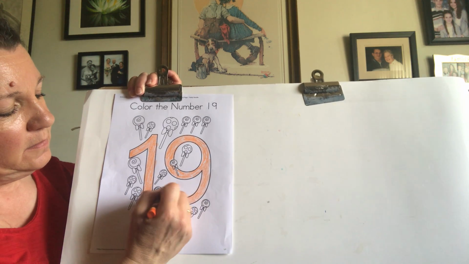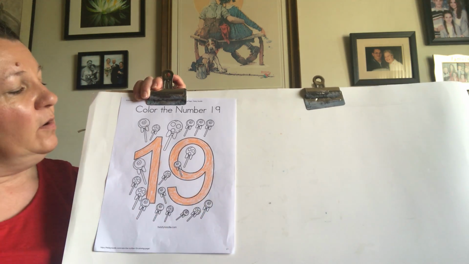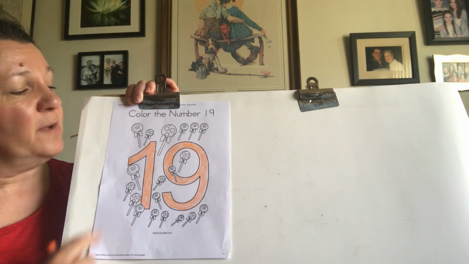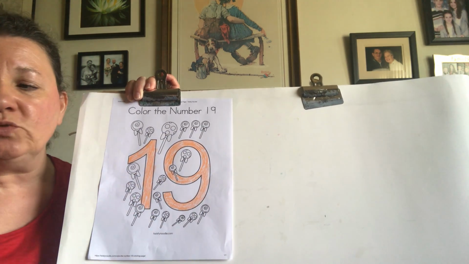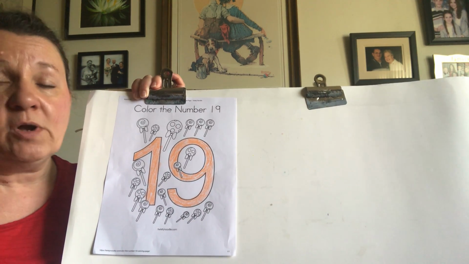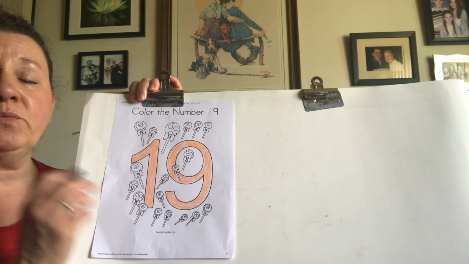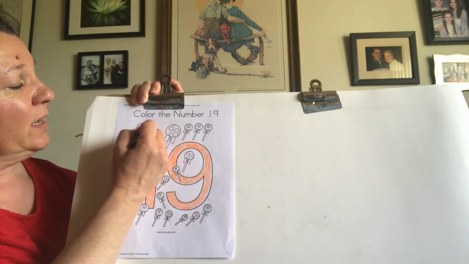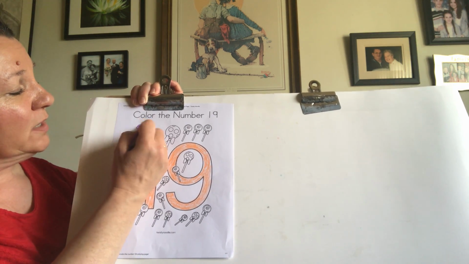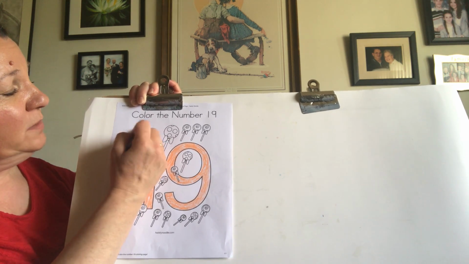Okay. All right, so what number is this? 19. All right, so when we're doing our lollipops, remember we don't want to go all the way across. We want to do one at a time. And you can make them all different color lollipops if you want. You can make them all the same color. It's up to you. Okay, but either way, we're going to do one at a time. Okay, so we're going to color and count at the same time. Okay, so there's 1,